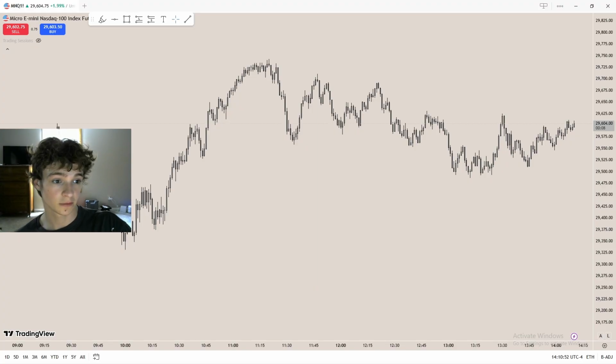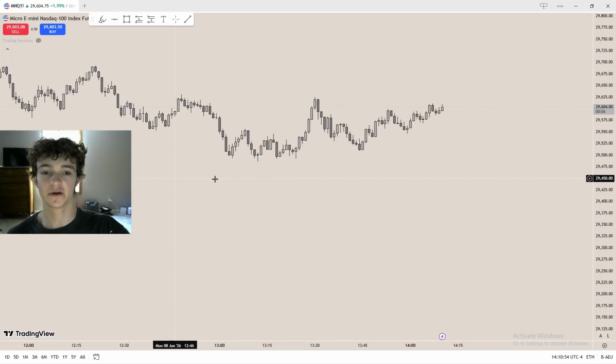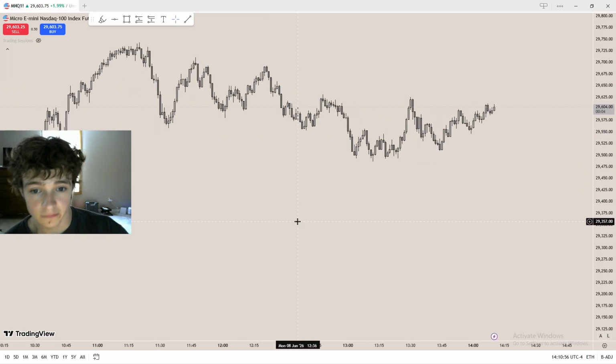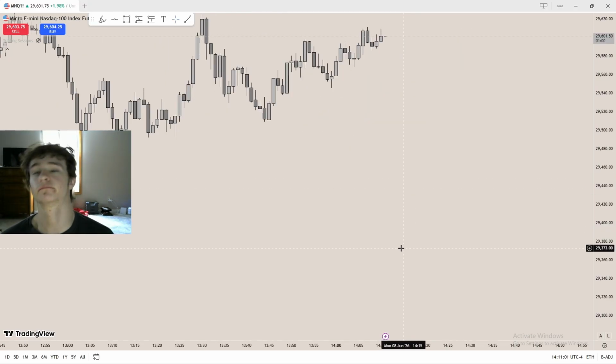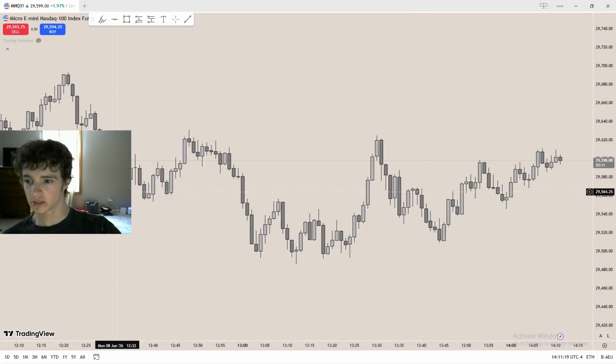But yeah, fair value gaps and inverse fair value gaps. Sometime last week, I think it was Friday, we were talking about them. I just wanted to go over and give you guys a little refresh in case you have any questions. I'll keep going over it for you. No one posted any questions in the comments, so pretty good.